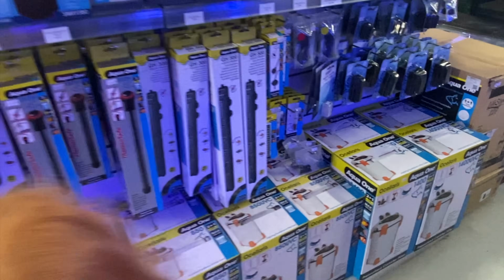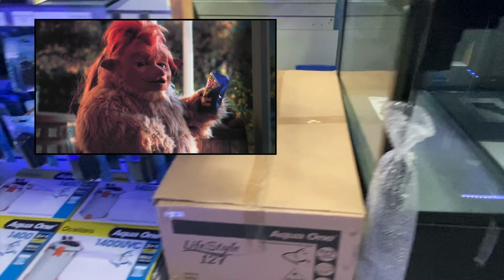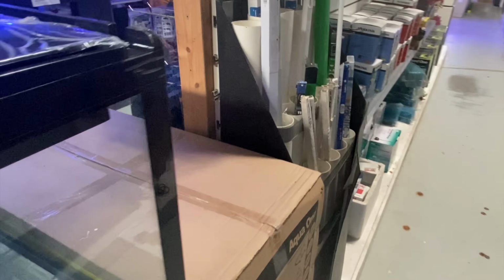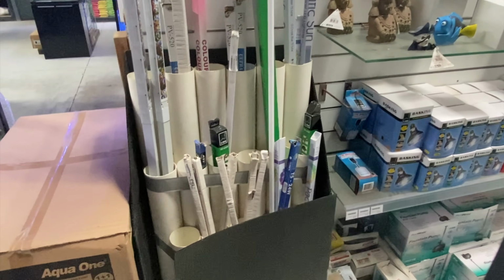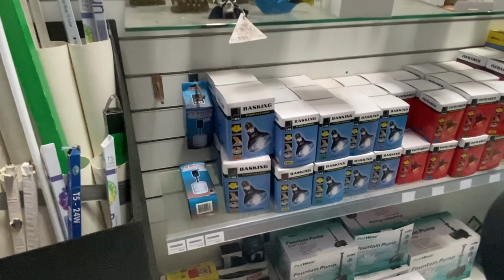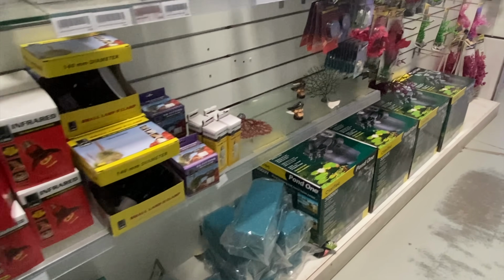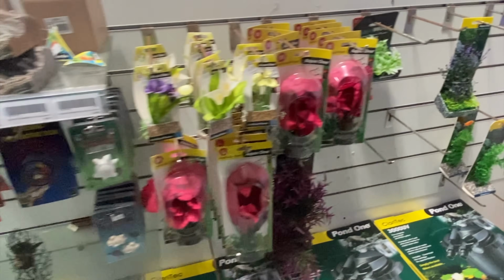And as my daughter just runs past, like the gobble dock, we'll go around the corner here. We've got some more different aquarium ranges there. We've got the last of some of the T5s that Jack's carrying. I'm not sure if he's getting more in, and I'm pretty sure he's not, because they've been clearance for a little while. We've got some heat lamps for reptiles, some fountain pumps down the bottom there, some big pond canisters. We've got some ornaments,